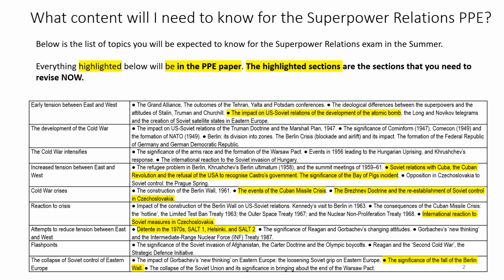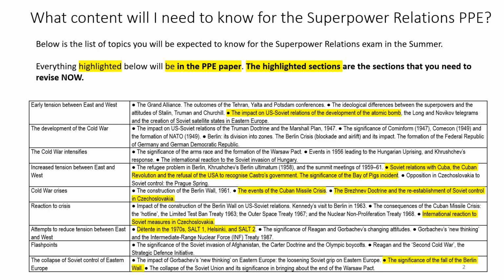You're going to make a start on that revision this half term by focusing on superpower relations first, because that will be your first exam. So what I'd like you to do now is to have a really careful look at this exam specification and the parts that are highlighted. And any parts that you know that you are not very confident with, you're going to put a little star next to them, because those are going to be the topics that you should revise first. So just pause the video and make sure you put a little star next to those topics that you are